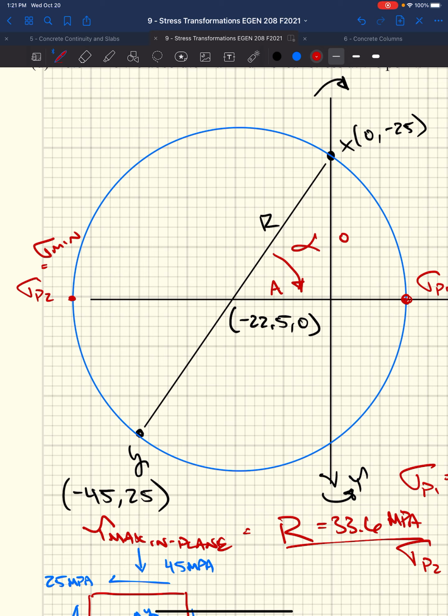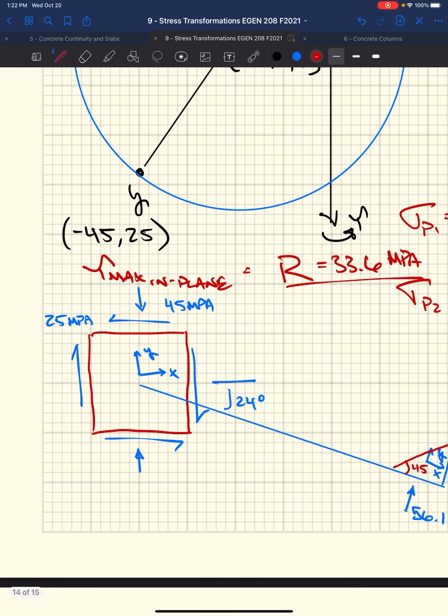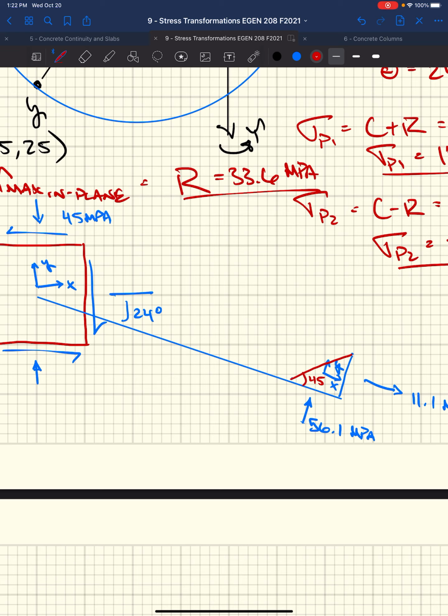So we can just go boom to here, we get our principal stresses, we show them on our stress block, then we cut our stress block at a 45, which is essentially showing us a surface that's at a 90-degree orientation on Mohr's circle, which gives us our maximum in-plane shear stress, right? So if we track this, our Y face started out, right, with 45 and 25. That's this coordinate here. We rotated clockwise our 24 degrees. Now our Y face is this bottom point here, right, 56.1, which is our sigma P2,